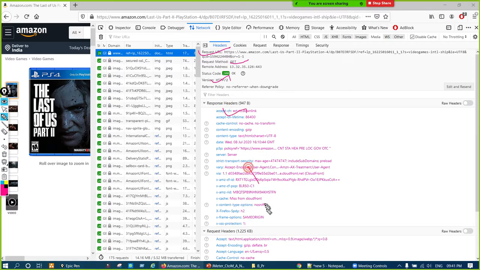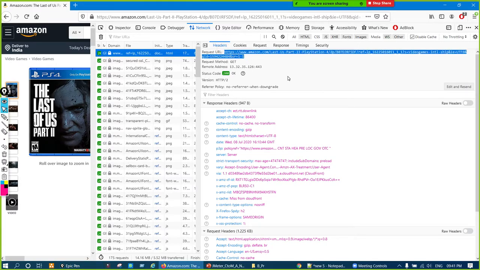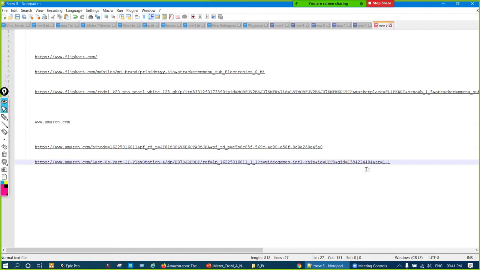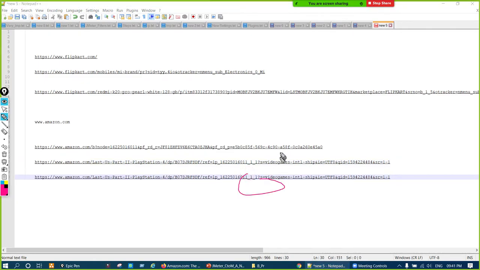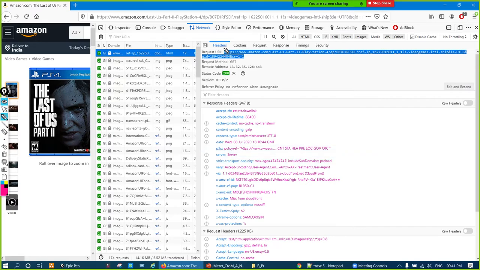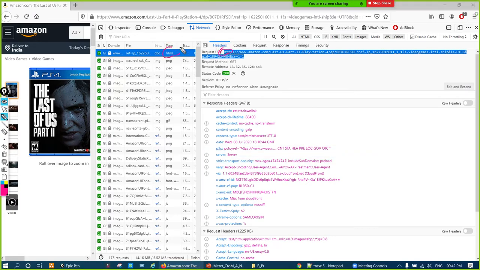We'll come to that soon. Here first we are discussing the response. If I copy this request URL and put it here, both are the same, right? And its type is HTML type.